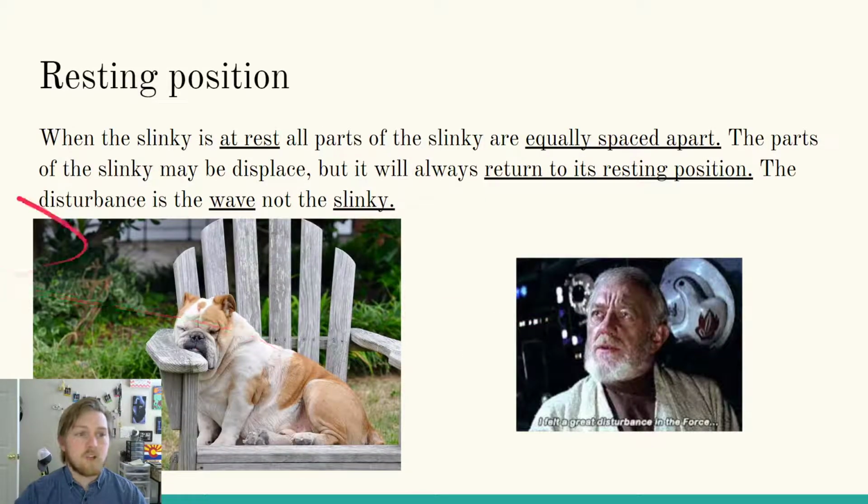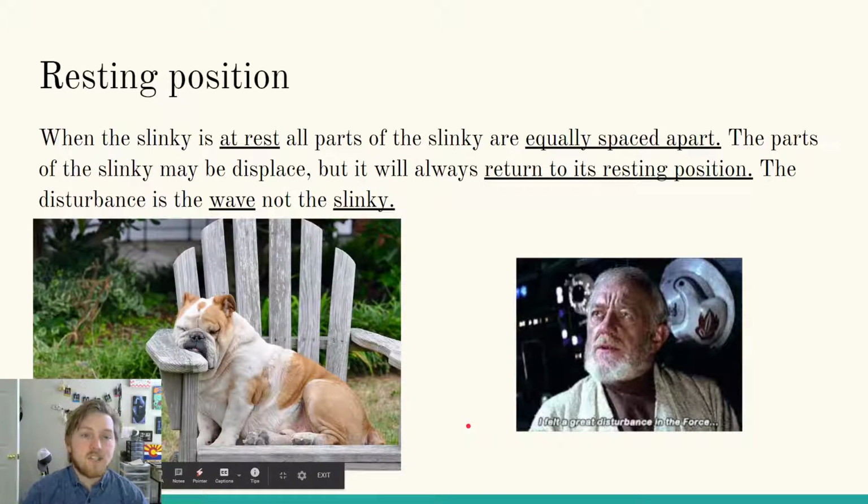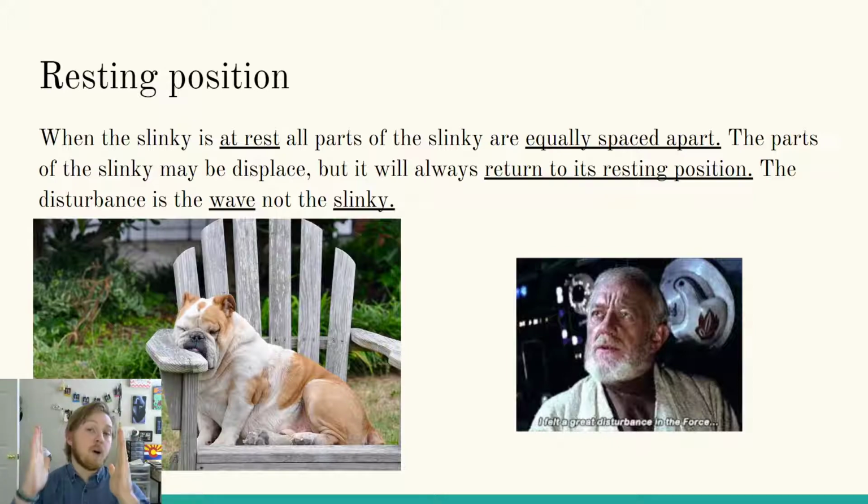All right, so we're moving along here. So when the Slinky is at rest, all parts of that Slinky are equally spaced apart, right? When the tension in the Slinky is equal in all parts, then all separation of the coils are going to be about the same. If you actually use the Slinky and you pulled it out, then the spacing of the coils got farther apart, but all of the spacings were even. If you have the string or the rope in the simulation, you'll notice that all of the dots are equally spaced apart.